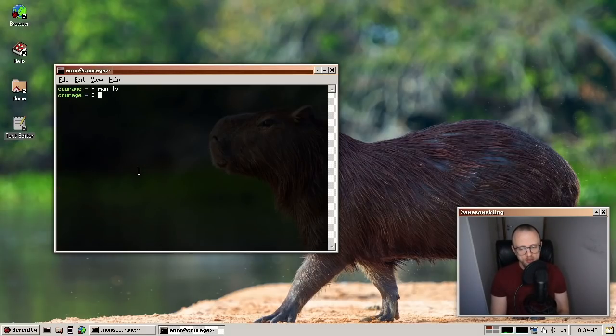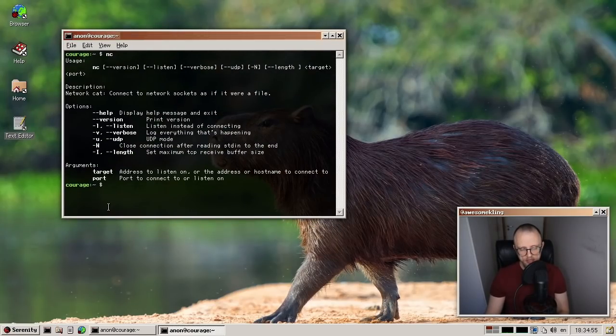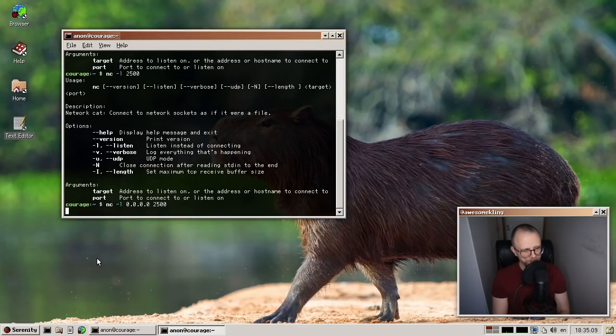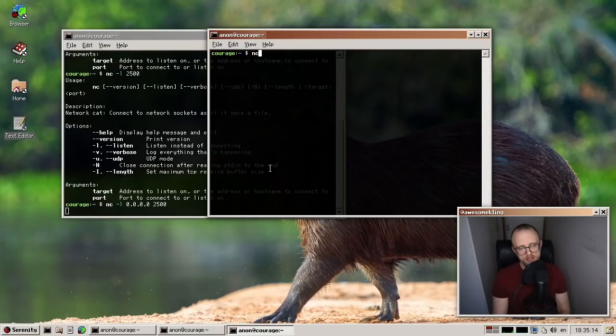Another thing in the terminal that we can look at quickly is we have NC, which is our own version of Netcat. So NC is just a general purpose utility for making TCP and UDP connections, and it also allows you to listen on an arbitrary port, or at least I thought it did. Is it not -L? Oh, maybe I have to say the bind address. Okay, so now I'm bound and listening to 2500, and then I can connect to localhost on 2500